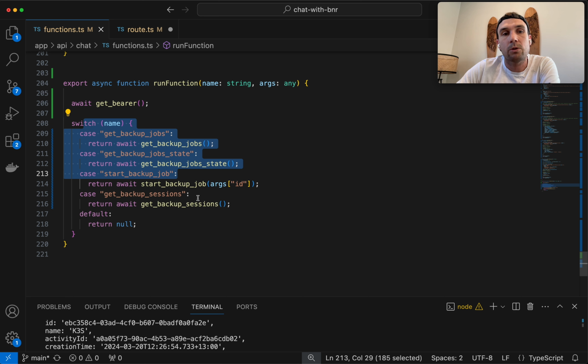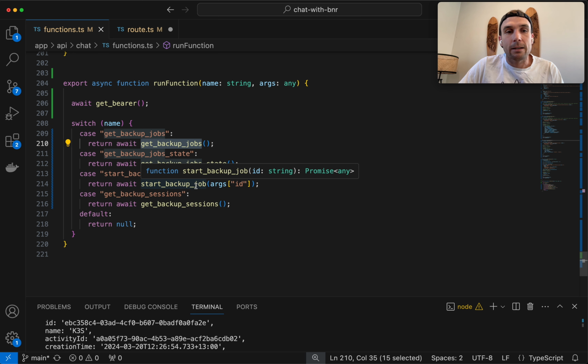But if it thinks based on your query that it could leverage one of the tools that you've given it, such as get backup jobs in our case, where we just asked for the list of the backup jobs, then it will. And I've also given it a backup job state, start backup jobs. This is where we're starting to write in. You'll notice that this takes an argument of ID. You can see these get quite complex, but I've just said it needs an ID. So it will leverage these tools and look for an ID parameter from get backup jobs, then work out that it needs to insert that into here, and our code will take care of that